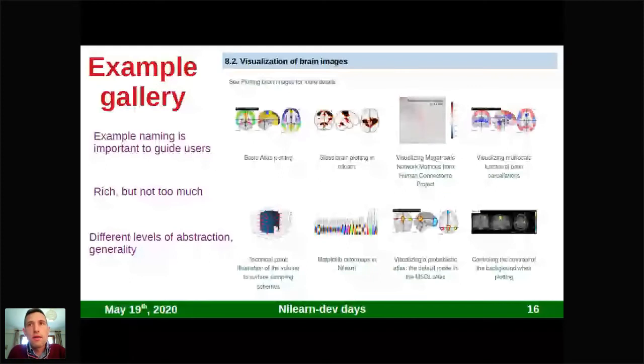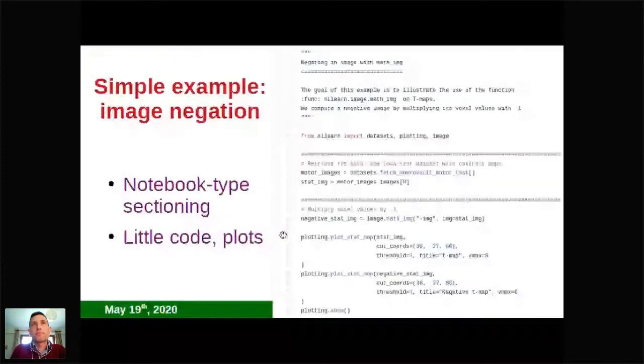And they have different levels of abstraction or generality. For instance, you've got some examples very specific to brain imaging, like showing probabilistic atlases. Some of them much more generic, like plotting color maps from Matplotlib in Nilearn, or like that one, illustrating a technical point, how we sample volume data to the cortical surface. Okay,